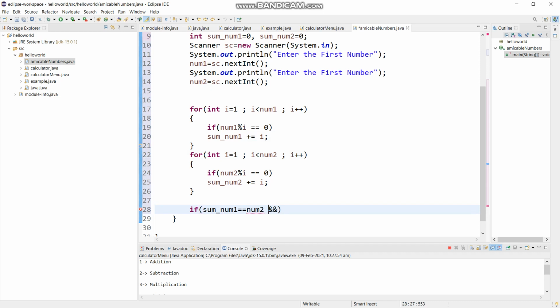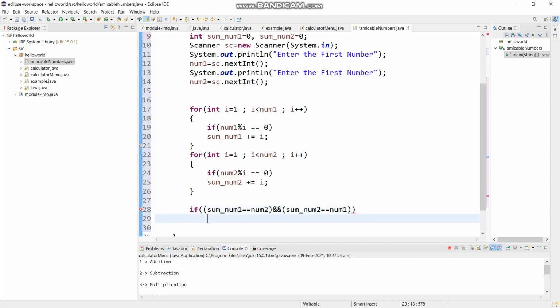Also, the sum of the factors of number 2 should equal number 1. If this happens, then it is an amicable pair. Both of the numbers would be amicable pairs. This statement completes it.